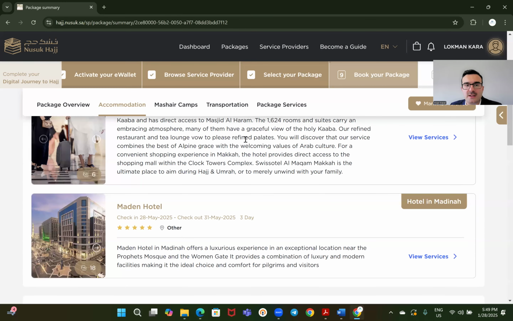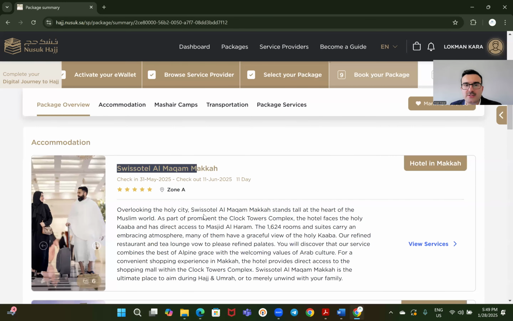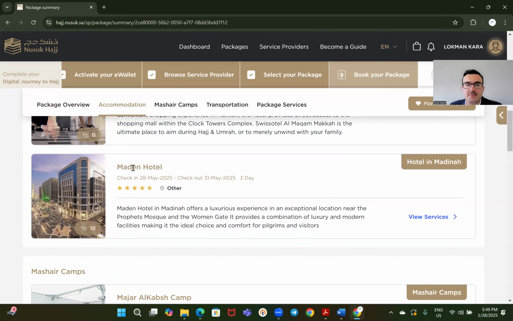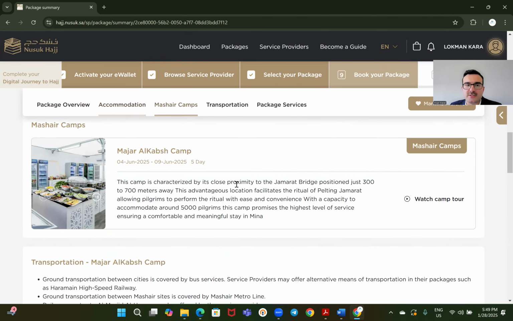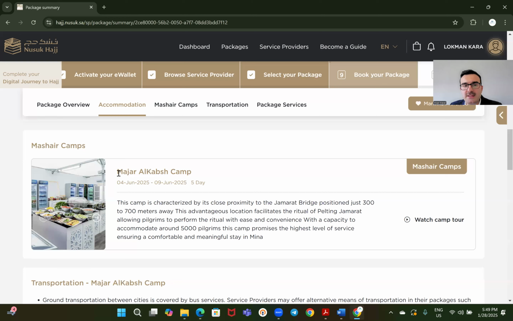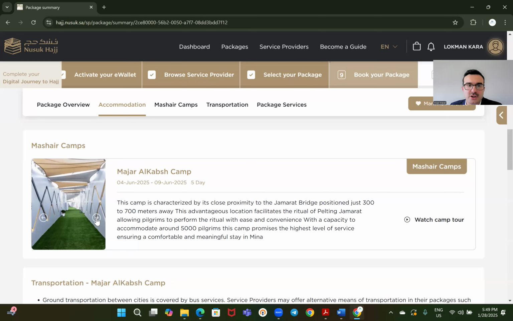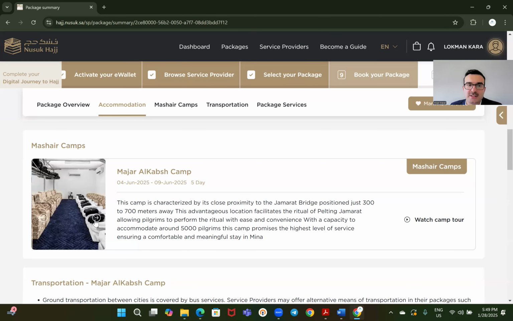Okay, so the hotel, Swiss Hotel, obviously very close. It's Clock Tower Hotel, Marden Hotel, again very close as well. And the main difference is the Majal Al Qabs. So all of our other packages are Muasim camps, but this one is Majal Al Qabs, which, as you can see by the pictures, it is much more